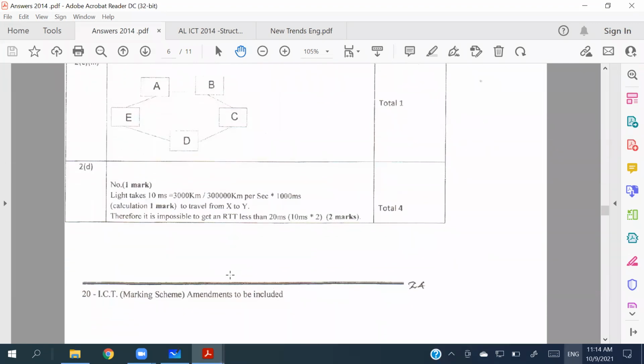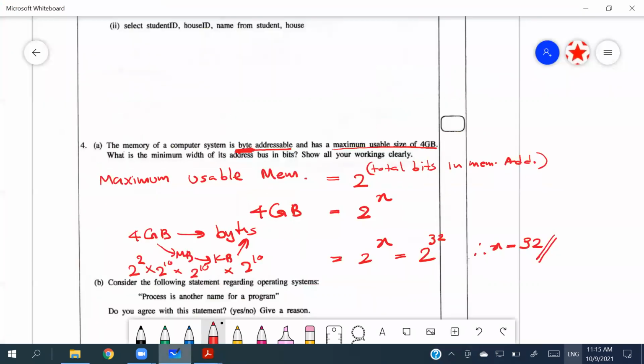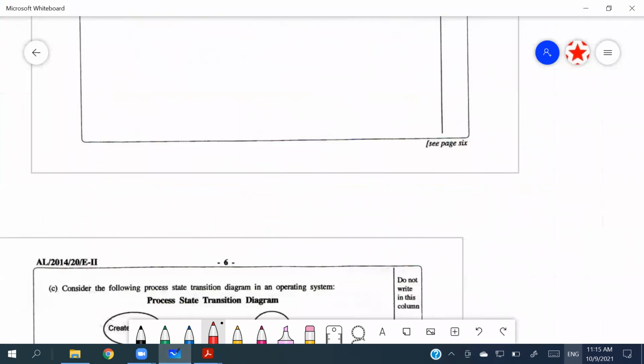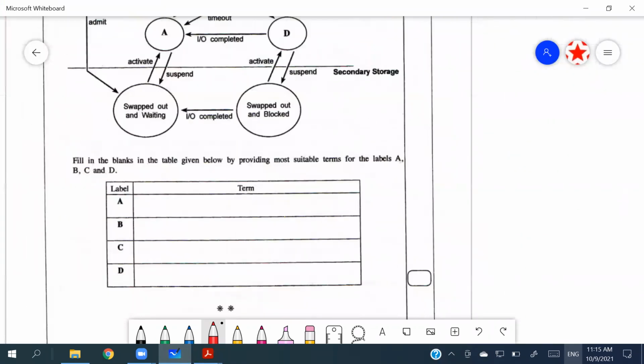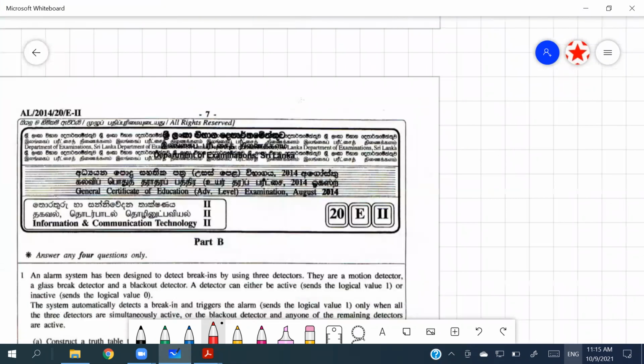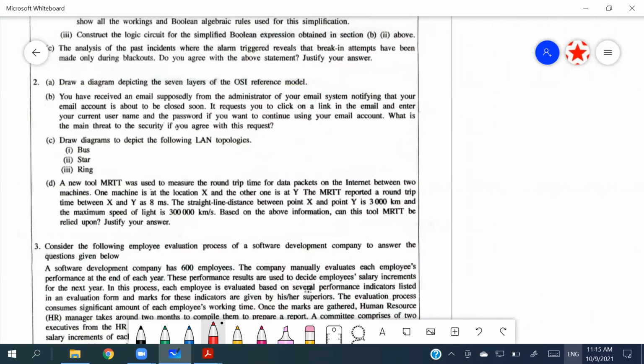Right? Yeah, the fourth question is the calculation. This is not a network related question, we have done that before. Even though there are network terms, this is some kind of a velocity related question. Right? Now, the question says there is this device called MRTT. We don't need to know what MRTT is.